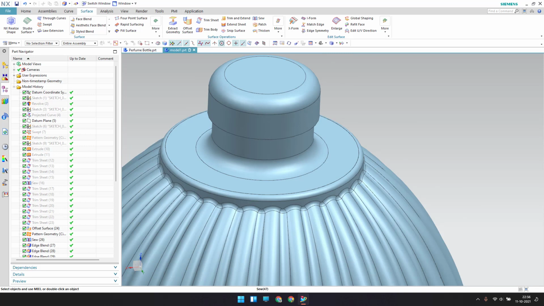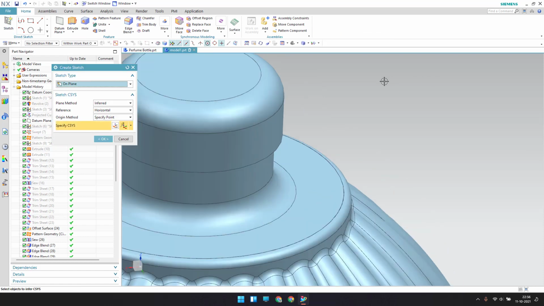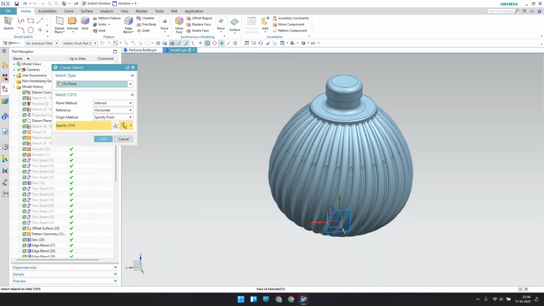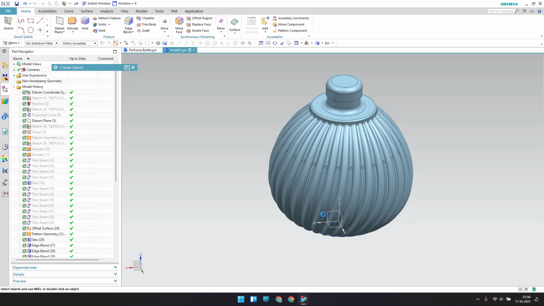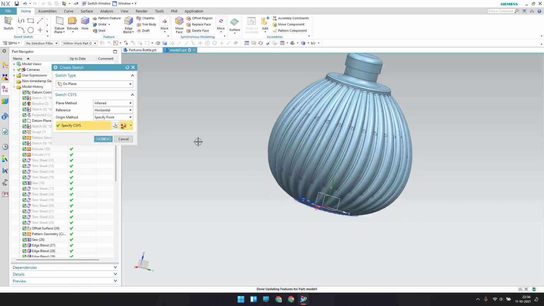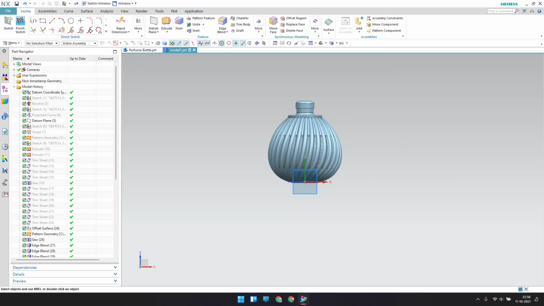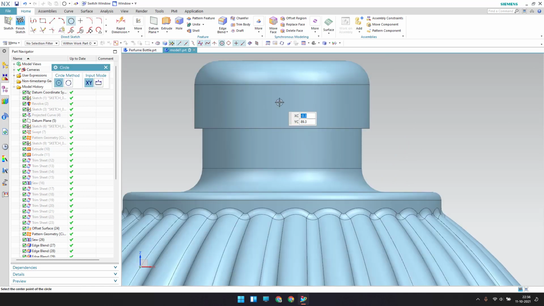So now we are left with only the hole that needs to be created. So let me do that now. So what I will do is, for that I will just go to Sketcher environment. You can select any of these top planes. So go to here, click OK. So now I will just make 2 circles. So okay, one is with a 0.5 diameter and another one is with 1.5 diameter.